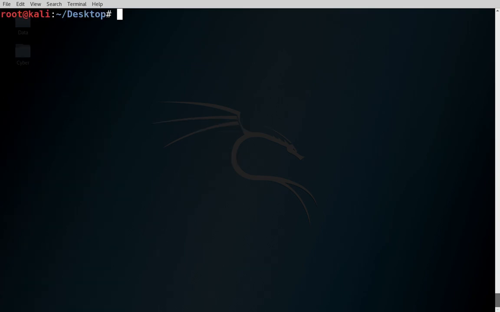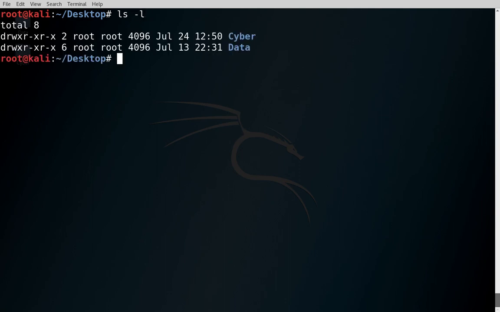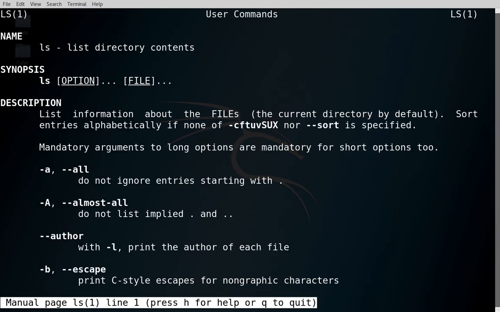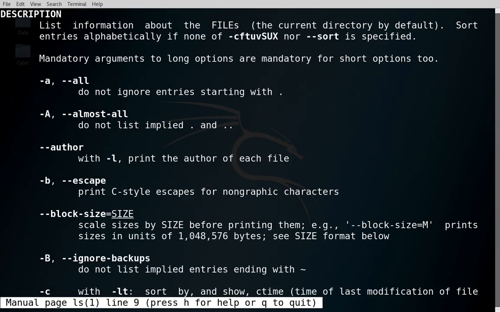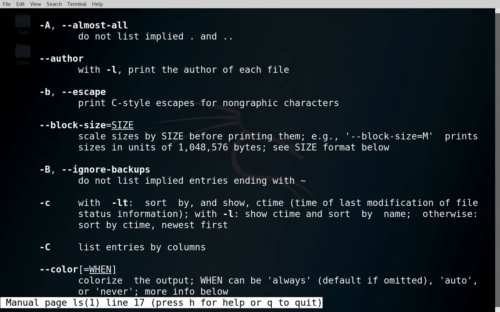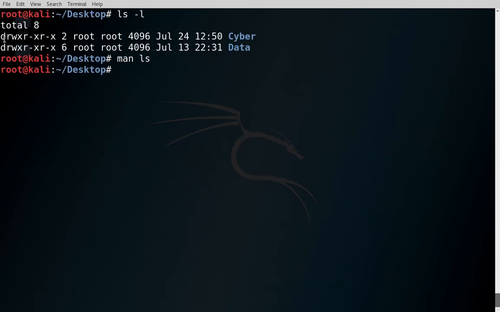Now coming back to this -l command, you can see we have some characters here, and we will be learning about them right now. Before that, if you want to check more options for ls, you can type man ls, and you will find a lot of options and details of them. I am not going to discuss them here, but you can read this manual if you want to know more about this.